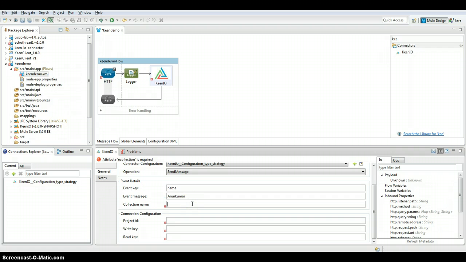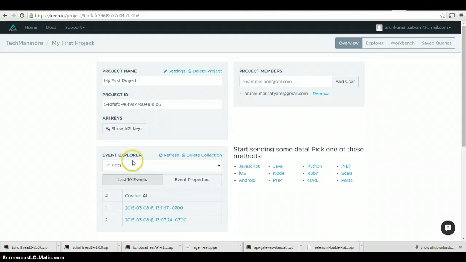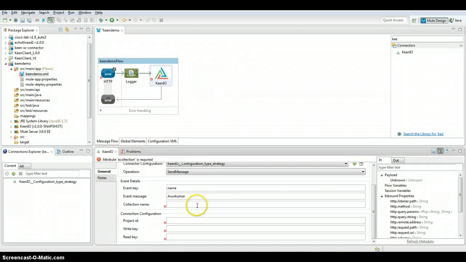and the collection name. As I said, KeenIO holds everything under a collection. Going back to the screen I'm showing here, there is a collection, like here I'm showing Cisco, which is a collection. Under a collection you have multiple events. So here I'm going to give a collection name like MuleSoft,